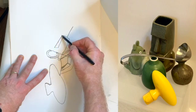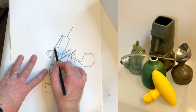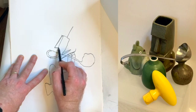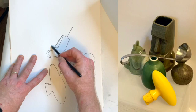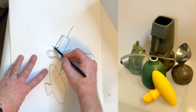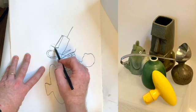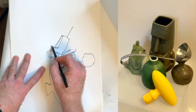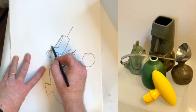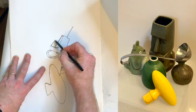So figuring out the direction of a line can be tricky. Because this line here, I drew it going down, and it is going down a little bit, maybe not that much. And this line, this is the front plane of his nose, and that edge is going up a little bit. And as I'm figuring that out, I'm kind of imagining the face of a clock. So if there's a clock here, and this was the hand of a clock, it's going at 9:30, 10 o'clock, something like that. And that helps me,